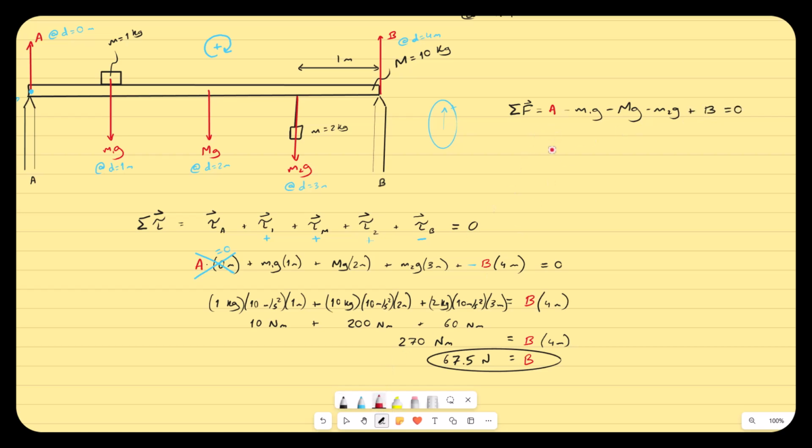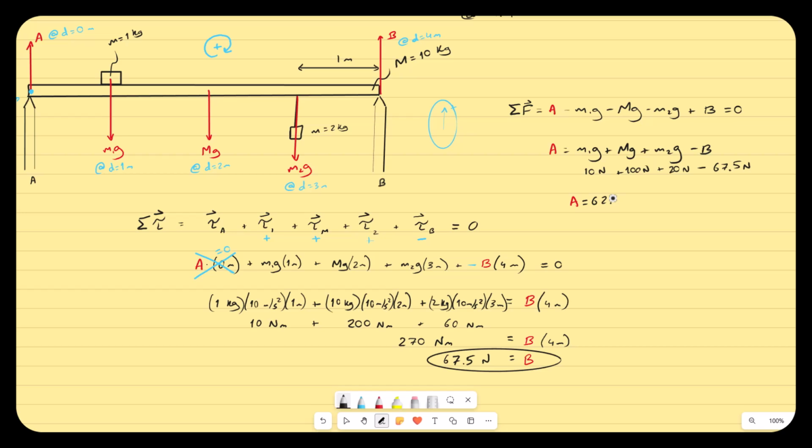So A will be M1G plus Mg plus M2G minus B, and that is M1G is going to be 10 newtons, Mg is 100 newtons, and M2G is 20 newtons, minus my 67.5. 130 minus 67.5, looks like A will be